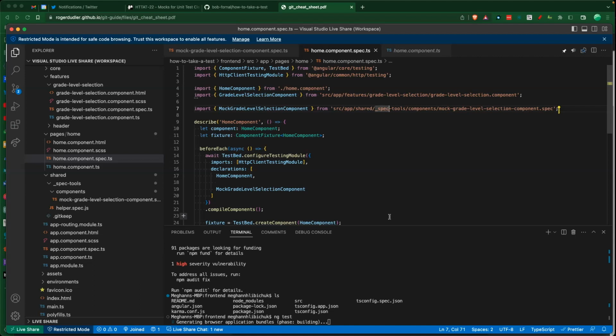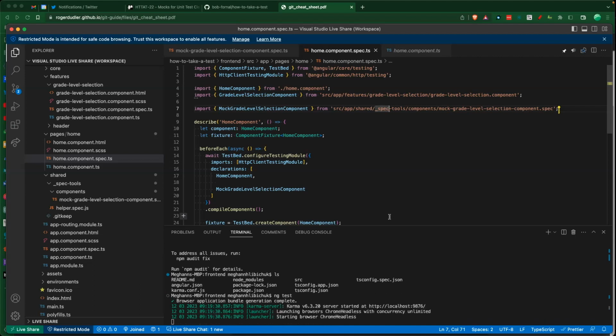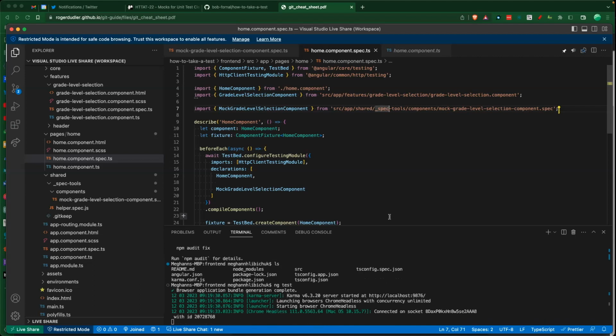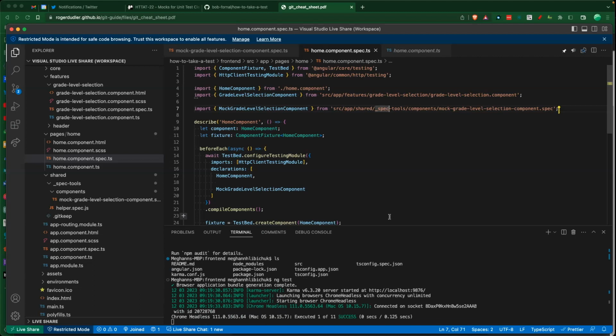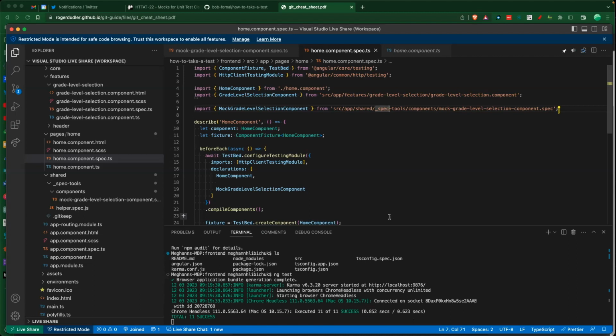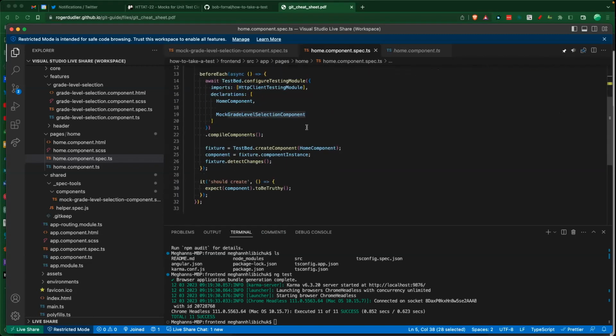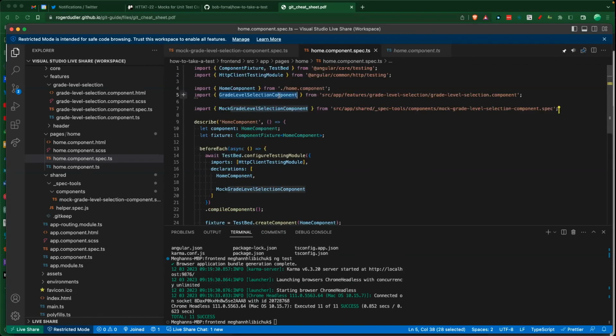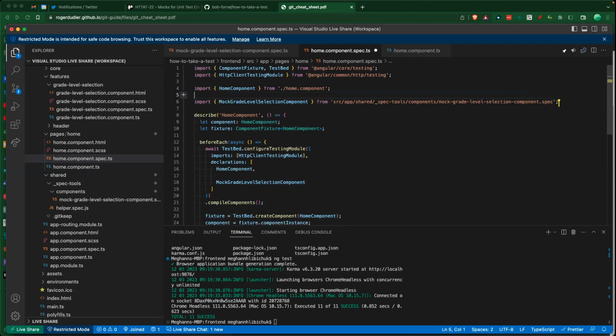Well, it's doing something. I love watching the little green dots. Oh, there it goes. Sometimes it takes a second to figure out what it's doing. So we have 11 successful tests. So this worked. Nice. Okay. Now we are not using grade level selection component anywhere in this test, so we can delete that whole line. Right. Okay. And then the other place we've got it, and we might have to do a slightly different change,